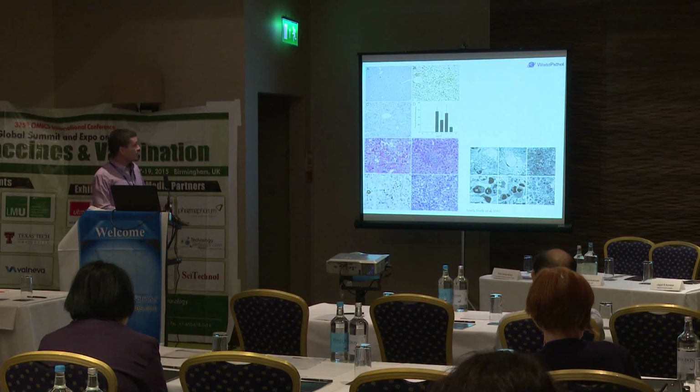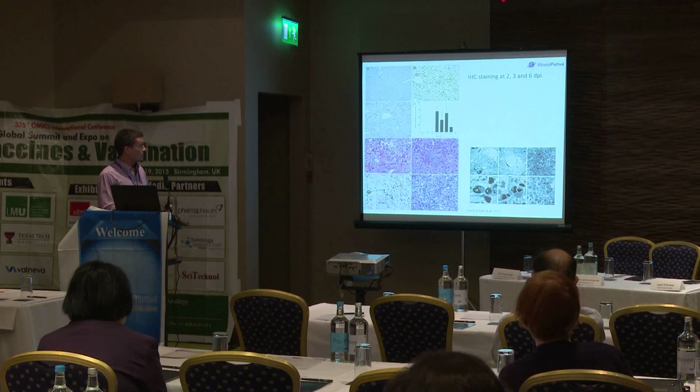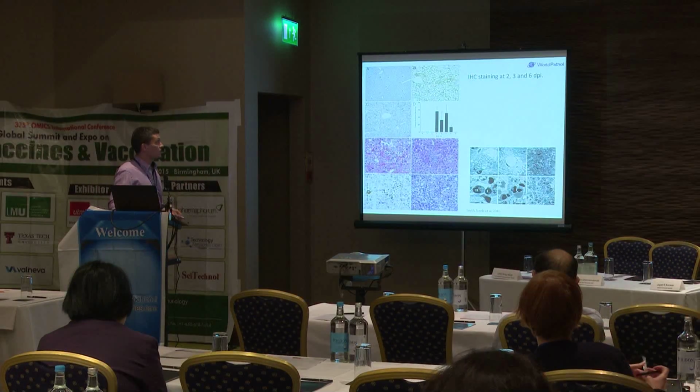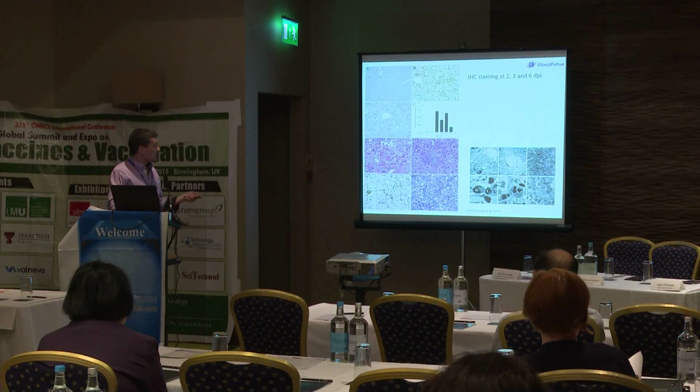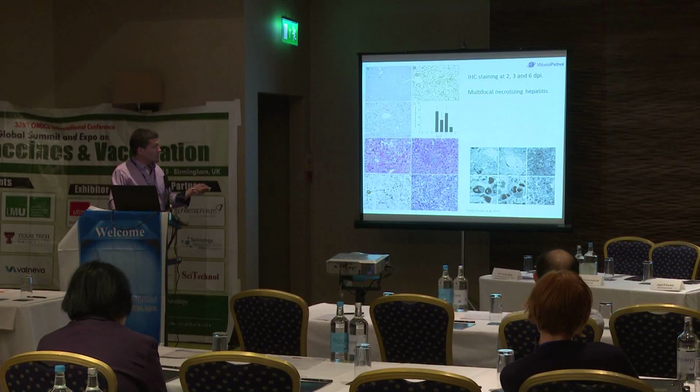What happened? We can see here the widely used immunohistochemical staining at 2, 3, and 6 days post-infection, leading to the curve that is suspected to be there. So that corresponds with the human situation. We can see as well different parts of apoptosis in hepatocytes. Here you have an electron microscope image, this is the normal situation, and you can see karyolysis, karyorrhexis, with the disaggregation of the organelles and so on, even leading to mononuclear inflammatory foci that are surrounding all the